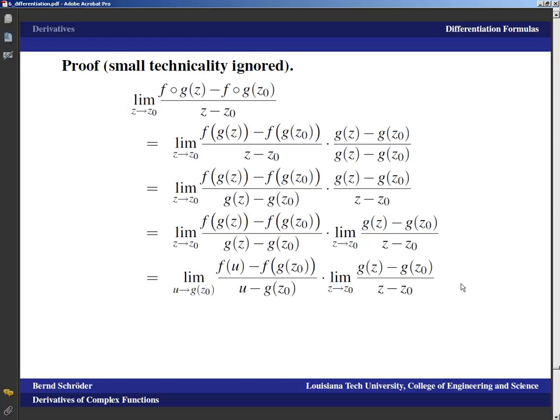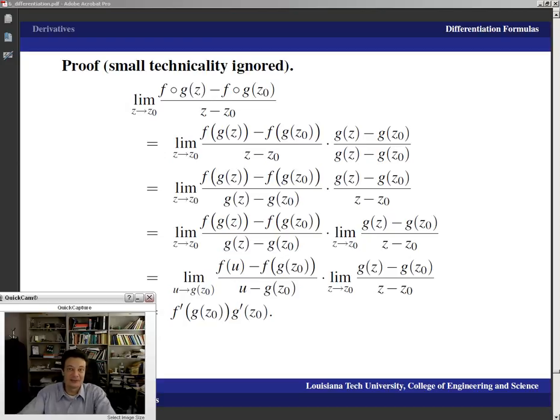The latter difference quotient for g stays the same, and then this is f prime of g of z0 times g prime of z0. And that looks like a proof, and it feels fairly convincing. The problem is that this expansion can only be done if g of z is not equal to g of z0. So there is a technicality here that we are not taking into account, which is what happens if